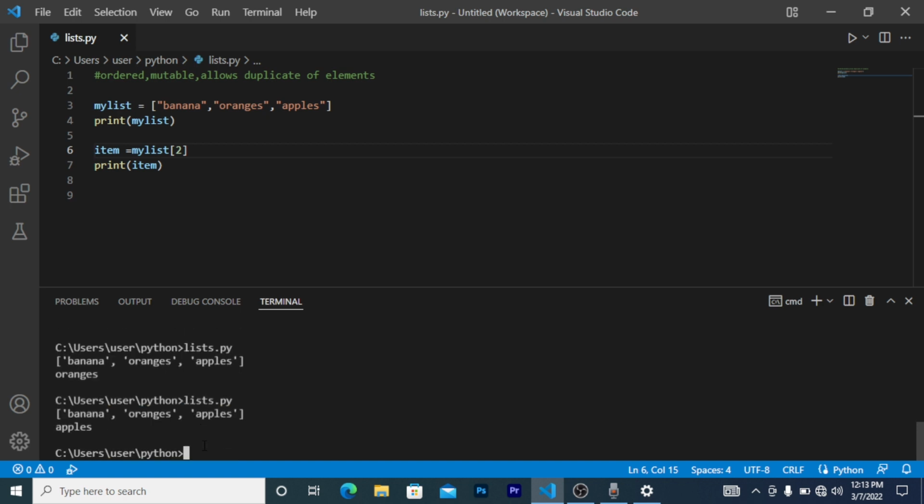Okay, you can also specify a negative index. For example, this refers to the last element of the list. So if we print our list here, we get the apples because this is the last element of our list. Okay,